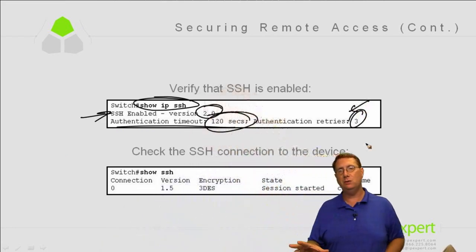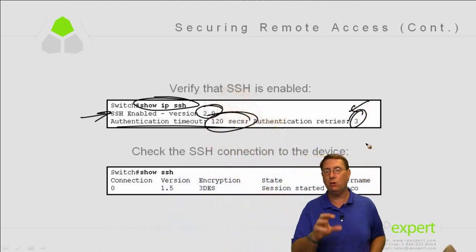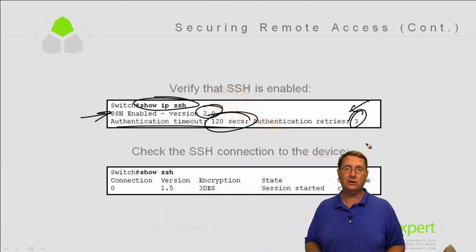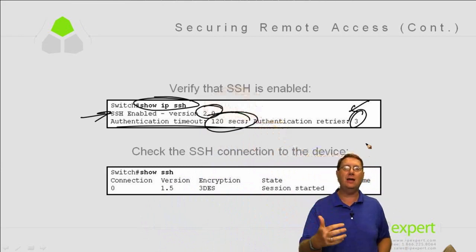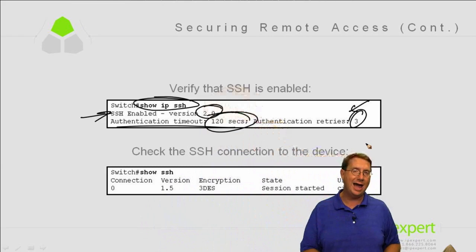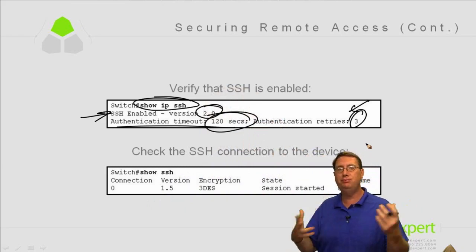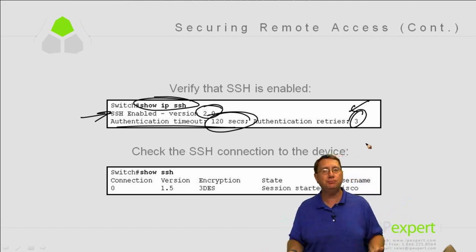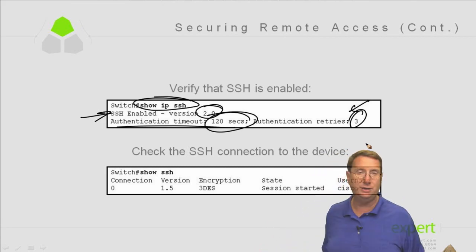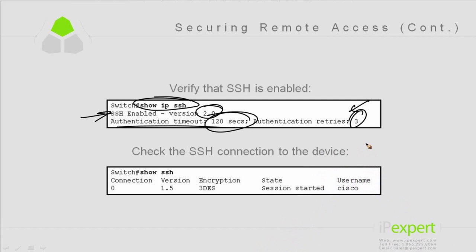One of the primary things that we want to take into account with security is that one of the best ways to protect ourselves is to restrict the number of times that an individual that's trying to attack our system can try to log in. So 3 retries, then it boots us out and they have to start over again. This protects us from situations where people are trying to do something like a brute force attack in order to get in. And we can also show ssh, which is going to give us the information associated with our particular active connections